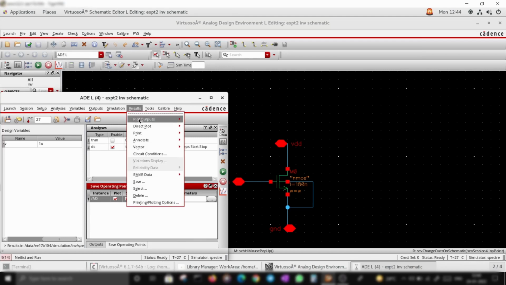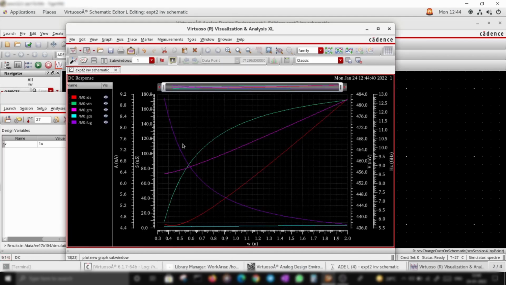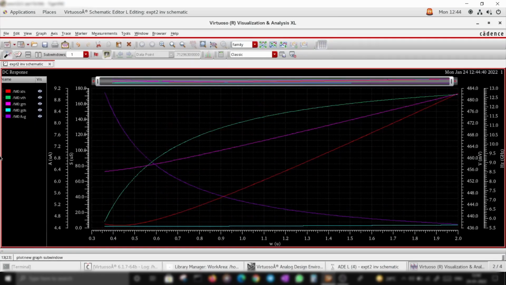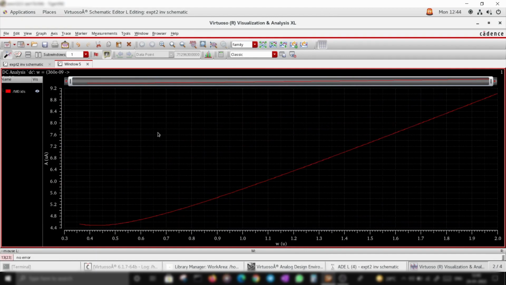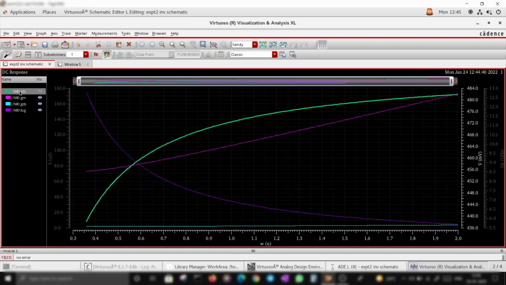Done. Results, plot outputs, and then I will click on DC. Yeah, they are here. You can see the current increase. VTH does change. Yes.